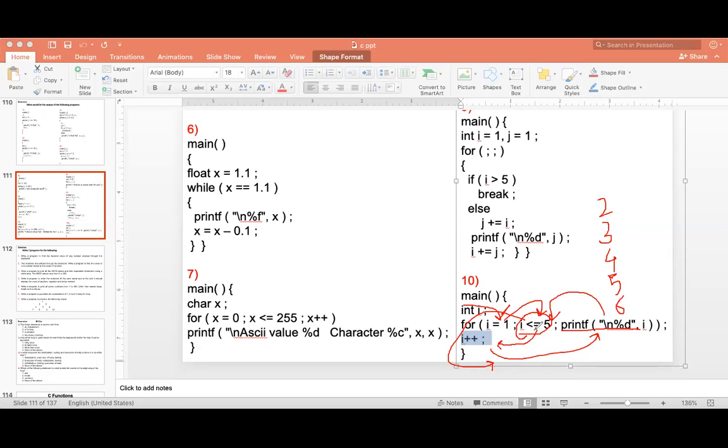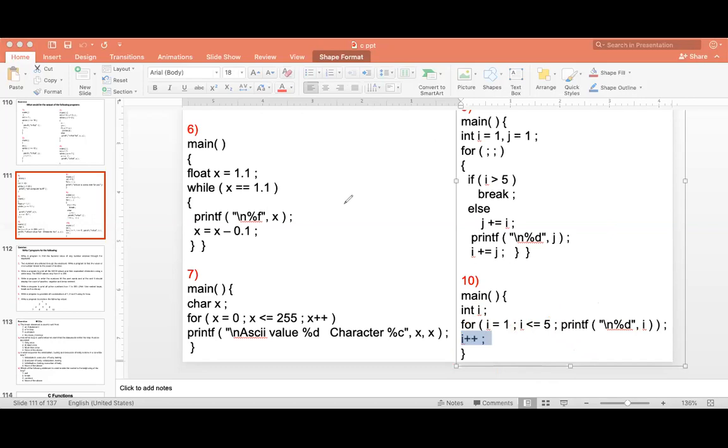If the condition is true, whatever statements are inside this for loop get executed, and after that the third part of the for loop gets executed. Here it can be i++, or any other statement can also be included. So there is no syntax error here. Then printf, and then condition, then inner statement, so it will actually be executed.